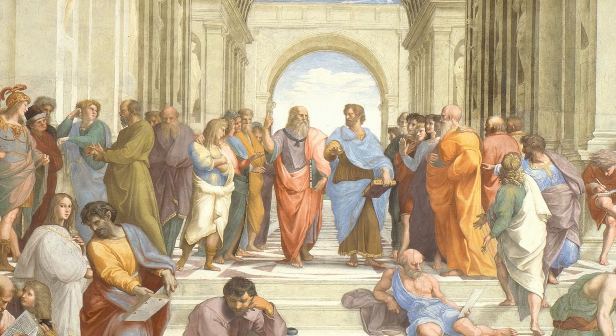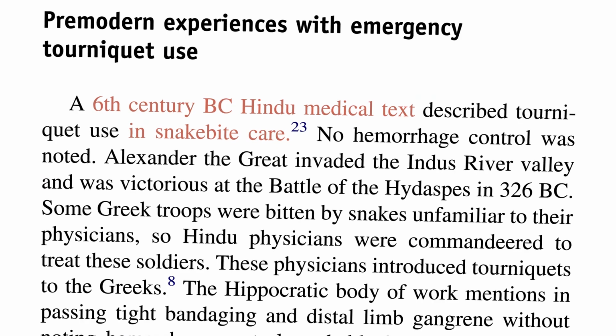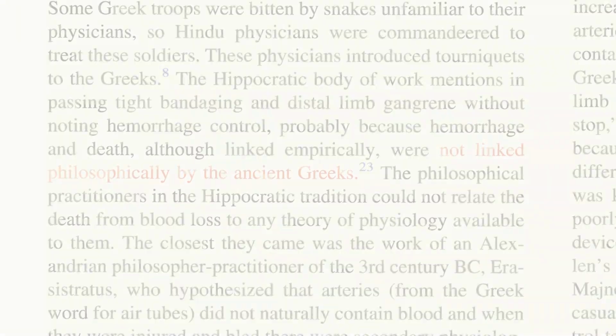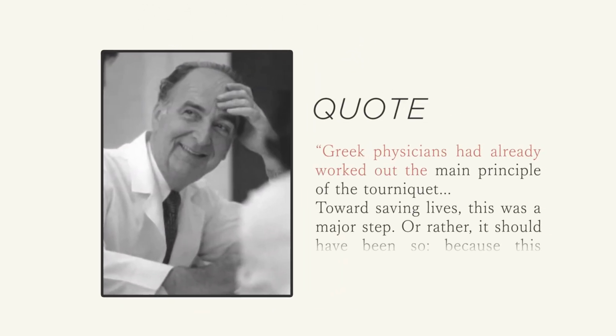It turns out that the Greeks likely never realized that severe blood loss could lead to death. Now, I know this may seem obviously obvious to us modern humans, but to the Greeks, it didn't fit into any of their philosophical views. In his book The Healing Hand, pathologist Guido Majno writes,